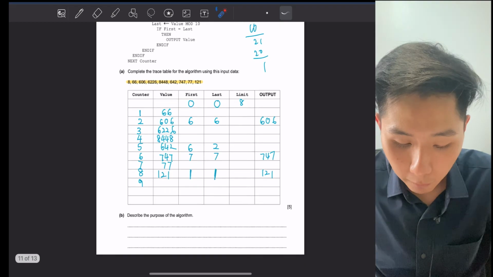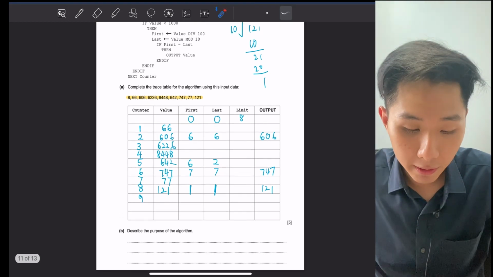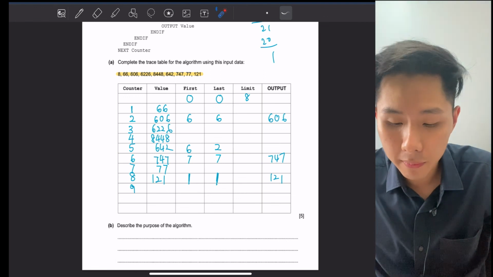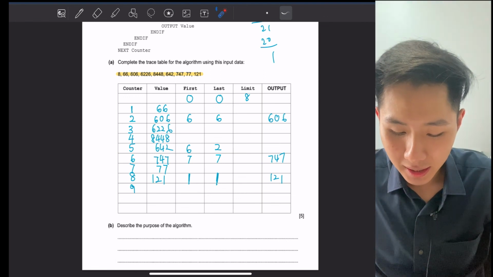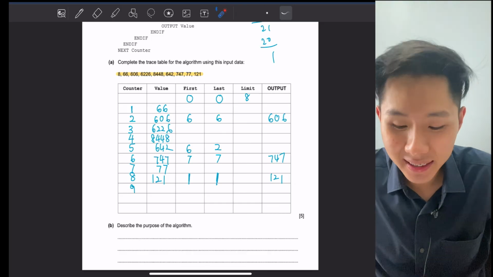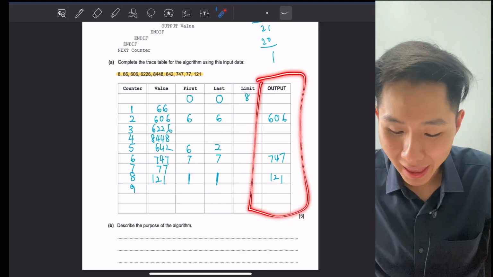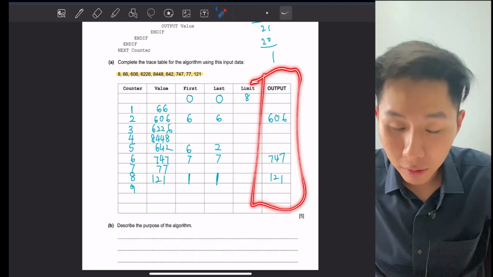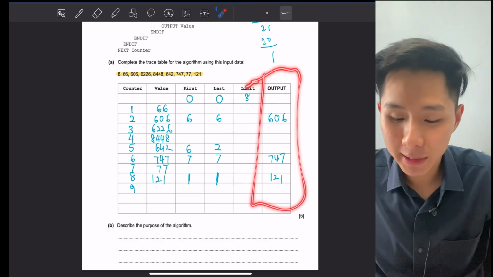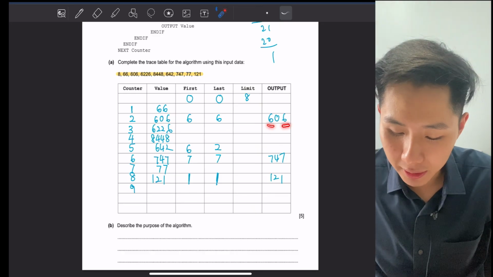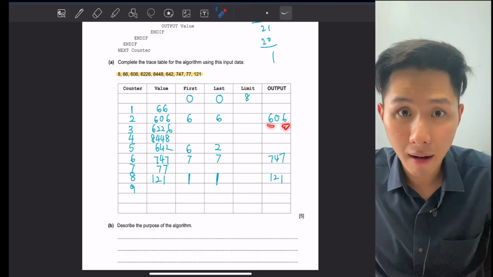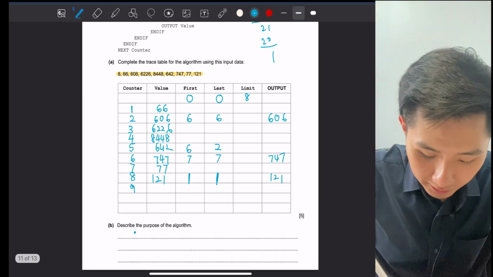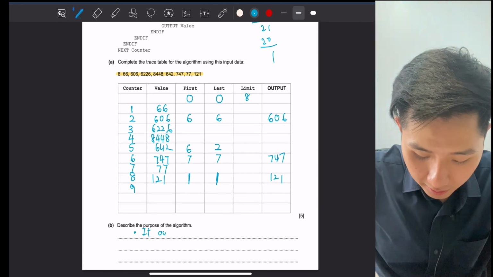All right, so the next question is an interesting one. They asked us to describe the purpose of this algorithm, and pause the video for a second to see whether you can find it out. And if you are aware enough, you should see that the program only outputs the numbers when the first and the third digits are the same. So what this program does is that it outputs